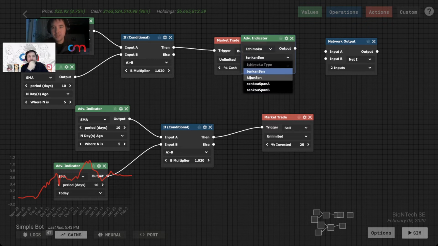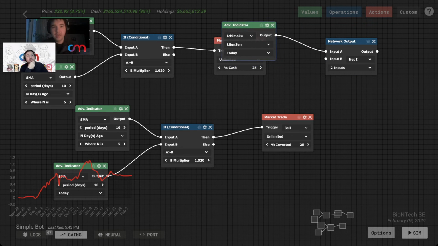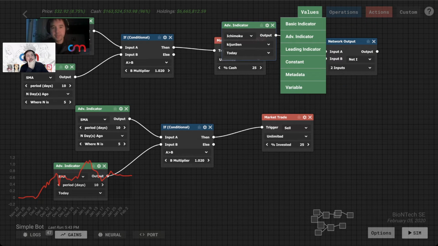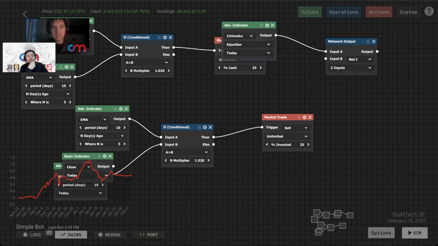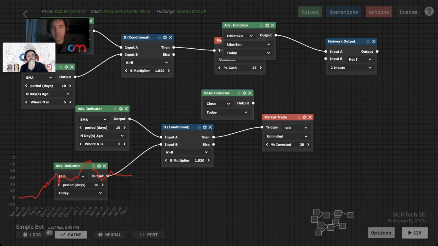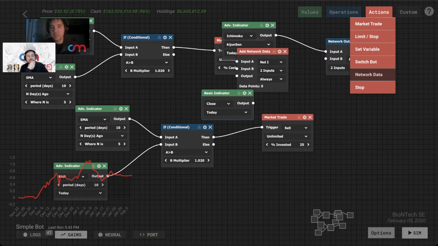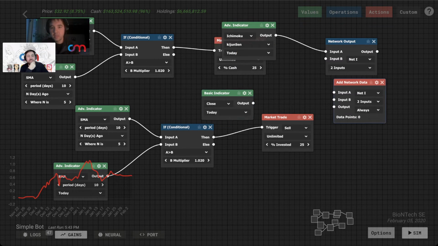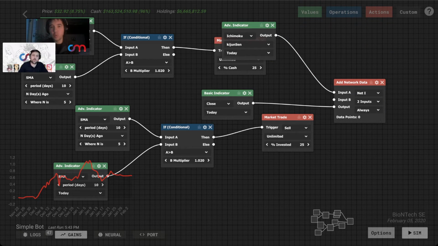Ichimoku, Kijun-sen, output, and then of course we need the price to be there as well. So basic indicator, the close price, because that's what we're trying to predict. Neural networks take in a bunch of different inputs and then try to predict one singular output.